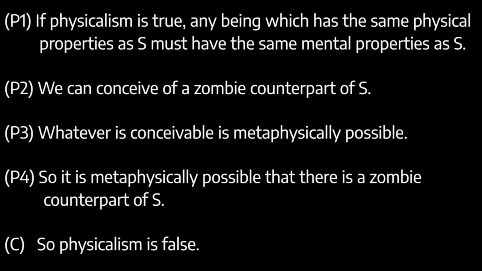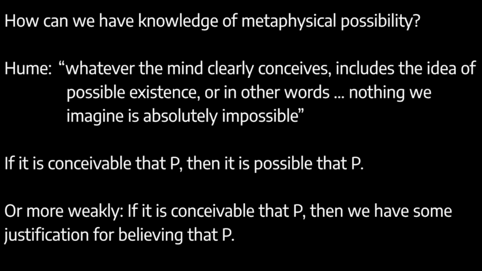For our purposes, the crucial step here is premise three. Premise three claims that whatever is conceivable is metaphysically possible, and that allows us to infer from the conceivability of zombies to their possibility. And this, of course, brings us to the central question of this video. How do we actually have knowledge of metaphysical possibility? How can we tell what must have been the case, or what could have been otherwise, or what could not have been the case? And a common view, and it's the view that underlies the zombie argument, is this idea